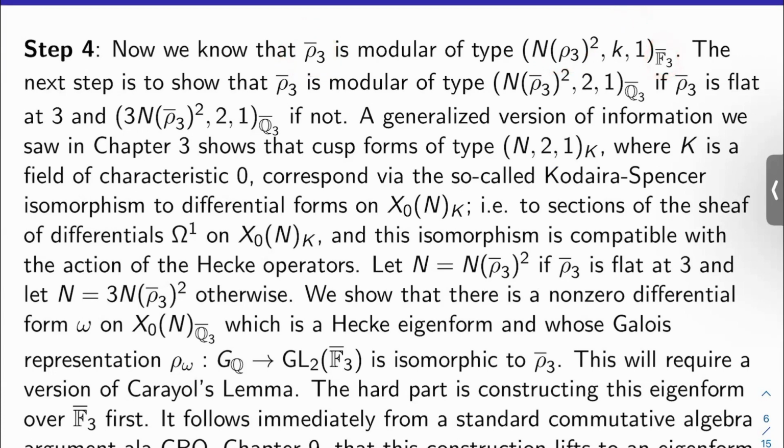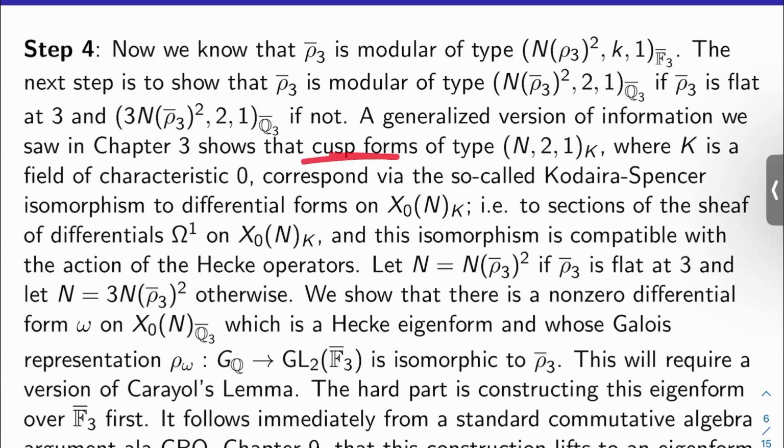I would like to now reduce down to the case where this k can be replaced by 2 and where I can look at modularity over Q bar 3 if rho bar 3 is flat. And if I'm not flat at 3, I will have to scale the level N of rho bar 3 squared by 3. All right, so a generalized version of information we looked at in chapter 3, which was the modular curves, modular forms, L functions chapter,